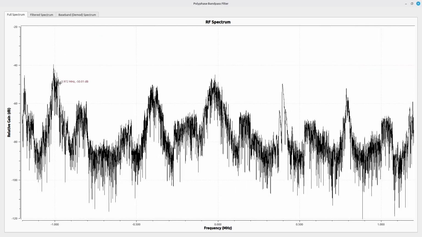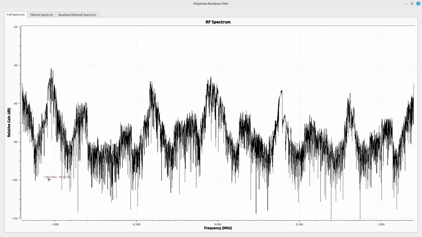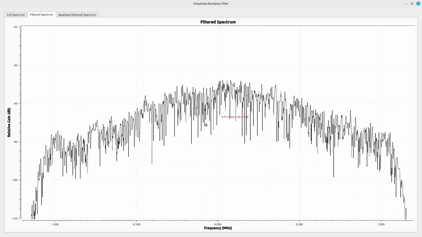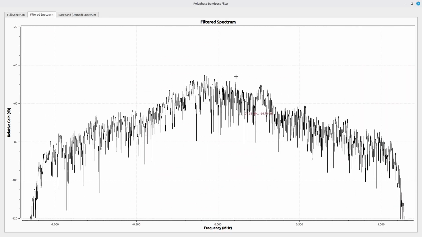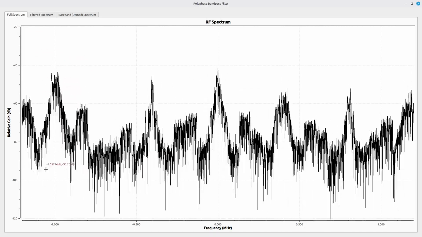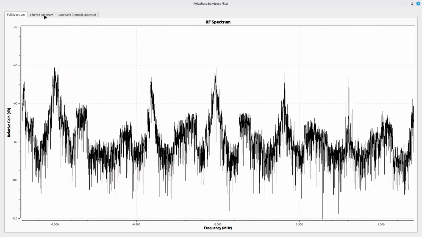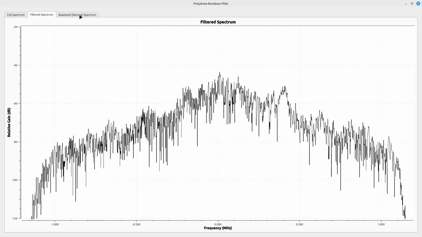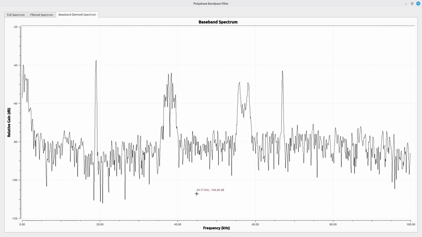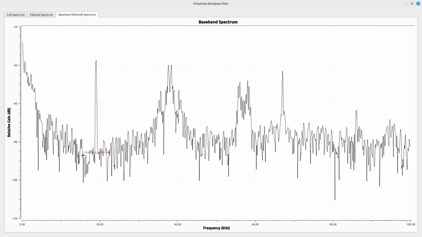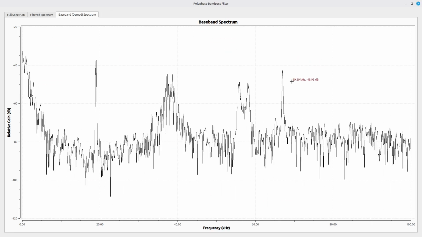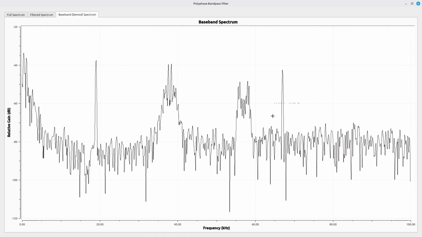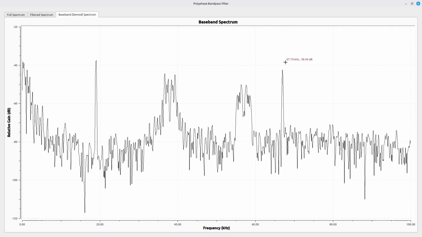Here is my original spectrum. Again, this is the signal that I'm going to be looking at. Here's my filtered spectrum, which is kind of hard to tell, but this is actually the filtered spectrum of this signal here at minus 1 meg. And to really see it, I've gone ahead and created a demodulated spectrum, and this is the demodulated spectrum. When you remember, for my original low-pass filter, that signal there at channel 0, I did not have an SCA spike like I do here.